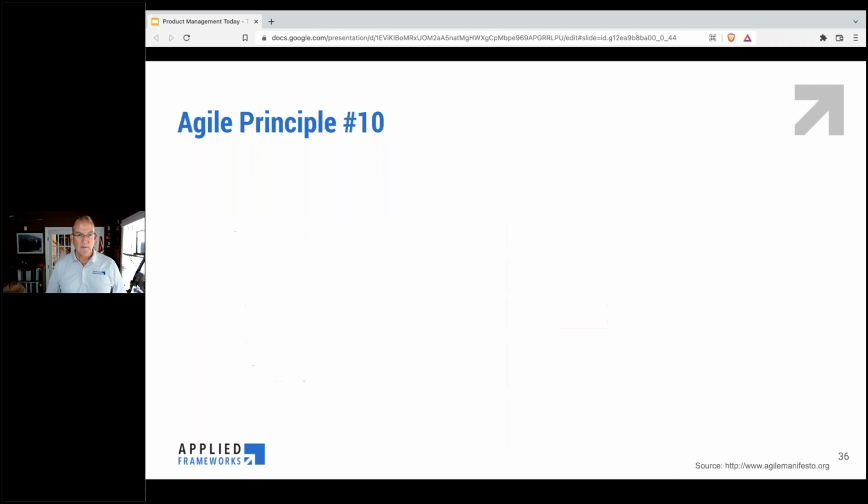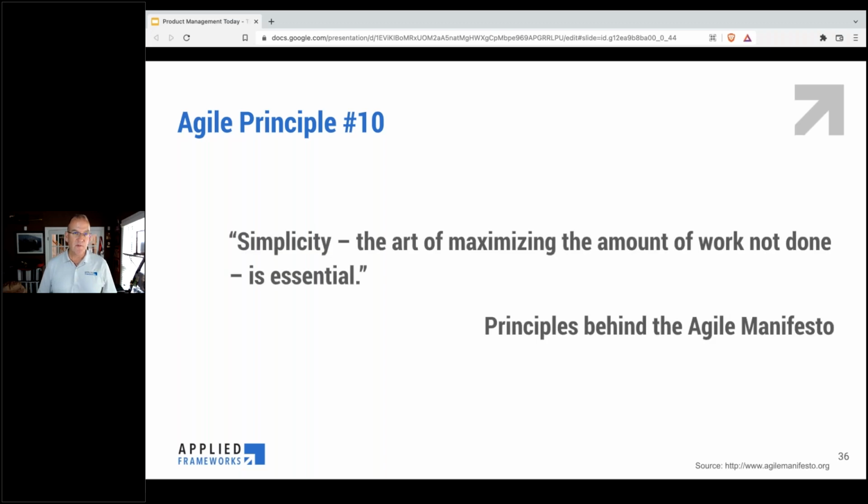So next, I want to first frame up Agile Principle number 10, which is one of my favorite principles, but it's very counterintuitive. Simplicity, the art of maximizing the amount of work not done, is essential. This idea of maximizing the amount of work not done is kind of striking, but it actually is very powerful. And what this refers back to is the focus that a good strategy will provide. Similarly, when you think about the day-to-day execution, eliminate anything that is unnecessary. That is emphasizing this idea of the amount of work not done.